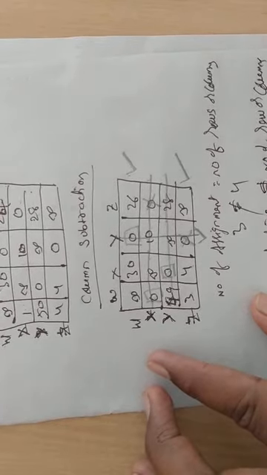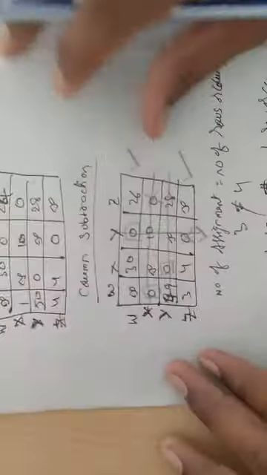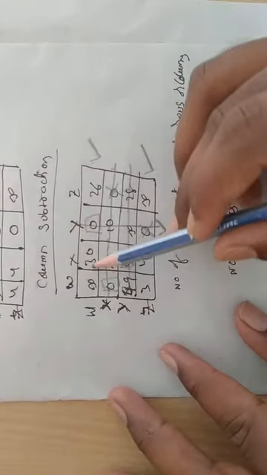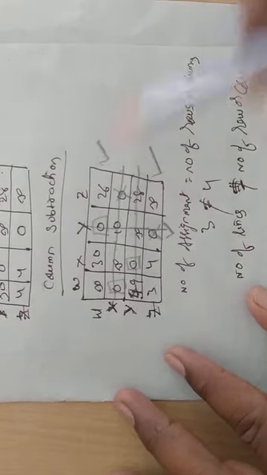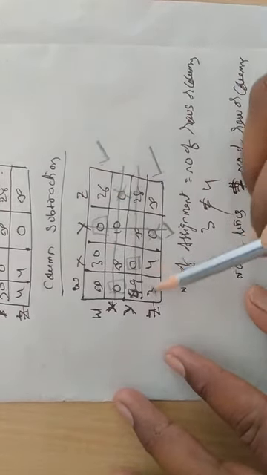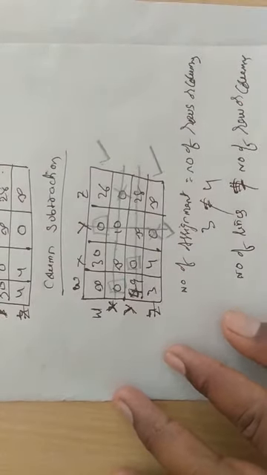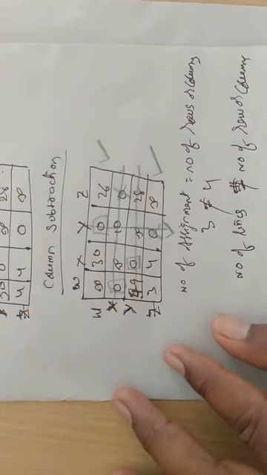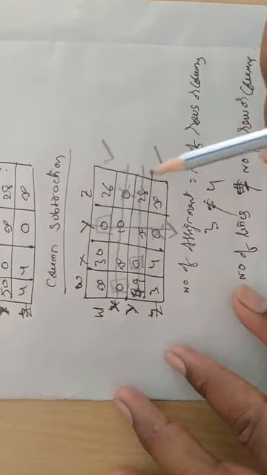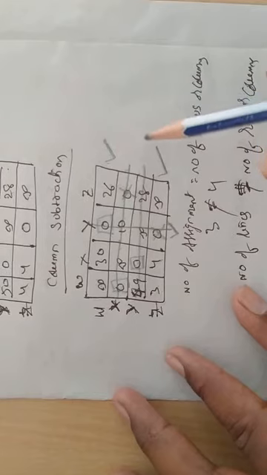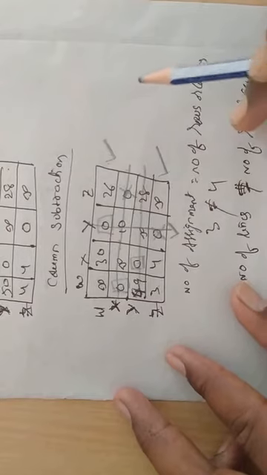Then in this case we have to identify the smallest cost element in the matrix which does not have any line covering it. Here 30, 26, 3, 4, infinite, 3, 4 are there. So 3 is the smallest cost element in the matrix which does not have any line covering it. It may be vertical or horizontal. Wherever two lines meet, we have to add the smallest cost element, and we subtract the smallest cost element from the elements which are not covered by any line.